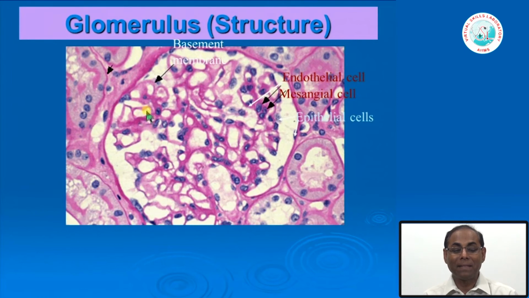And see, these are the glomerular capillaries. Inside the capillary you have these endothelial cells, and then in between the capillary loops, in the mesangial area, you have the mesangial cells. Outside this you have the glomerular basement membrane, and then you have the epithelial cells. If we try to understand the diseases which involve the endothelial and mesangial cells, we can classify them as one kind of disease, and the diseases which involve the epithelial cells we can classify as another type. I will give you the example.